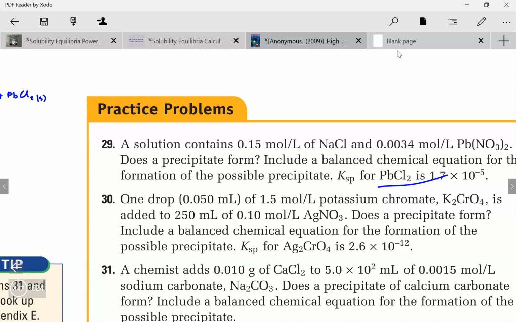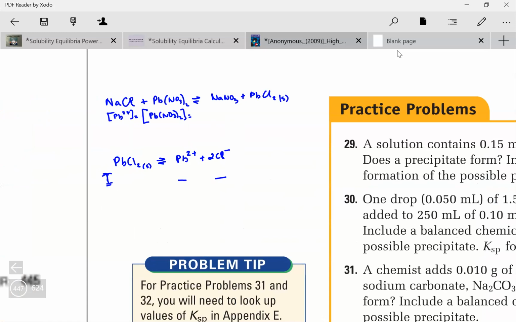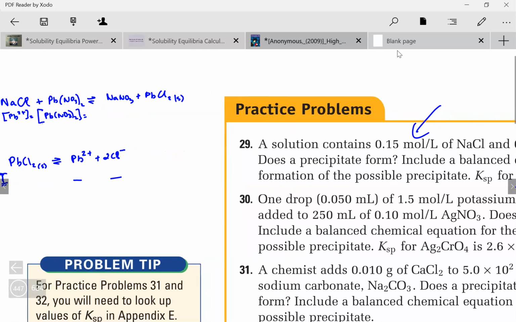0.0034 moles per liter. There is no dilution calculation. Oh, that's nice. There's no volumes given. So these are already my final concentrations in solution. So that's just 0.0034. Concentration of Cl minus equals concentration of sodium chloride, 1:1. So 0.15. So I already have my concentrations here, 0.15,